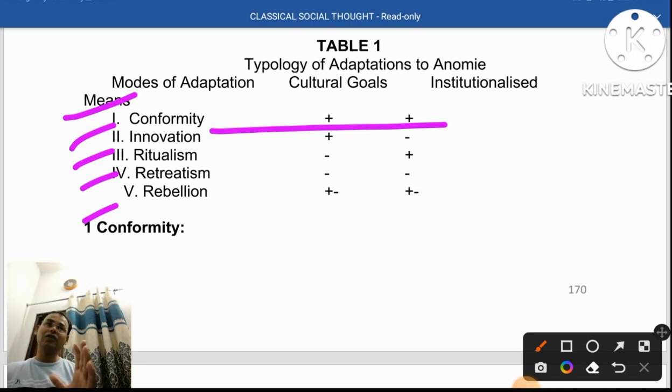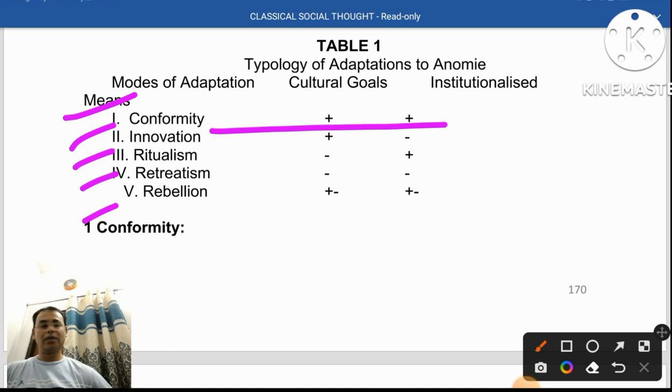So in conformity you will find that there must be a goal that is accepted, and means, and there should be an adjustment between goals and means. Then the society is normal and the social system is balanced. But this is conformity. But in innovation